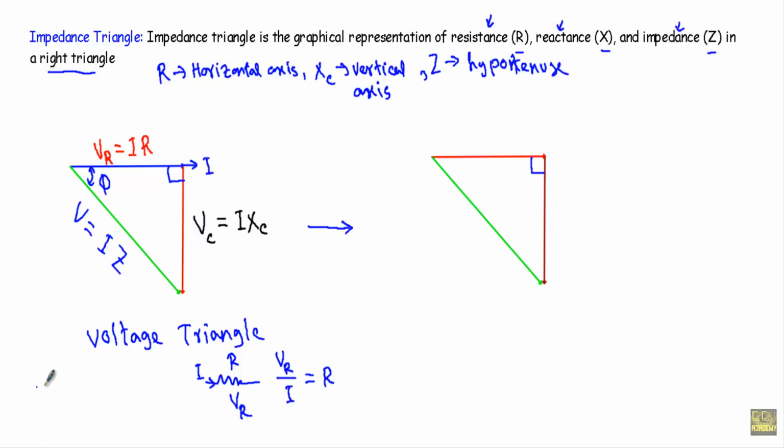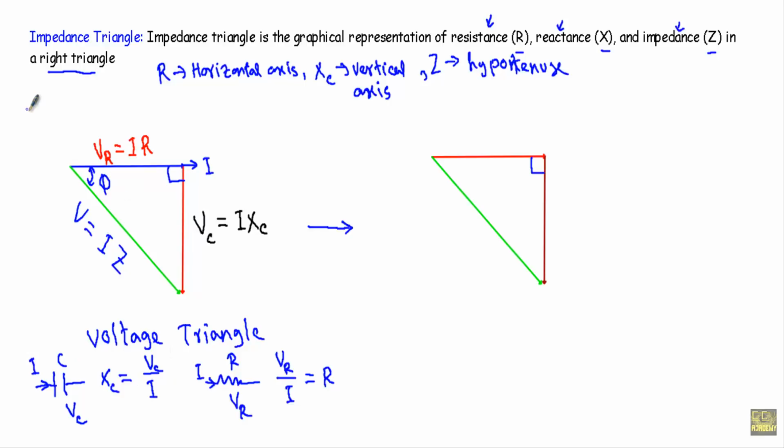If we have a capacitor C, if the voltage across that capacitor is VC and if the charging current is I, capacitive reactance is defined as the ratio of phasor voltage VC to the phasor current, or the charging phasor current through that capacitor. So XC will be VC by